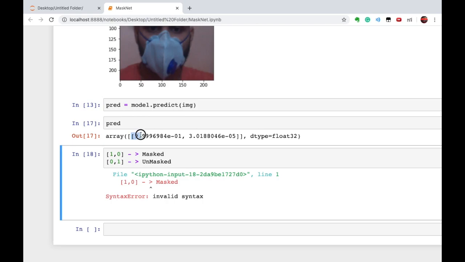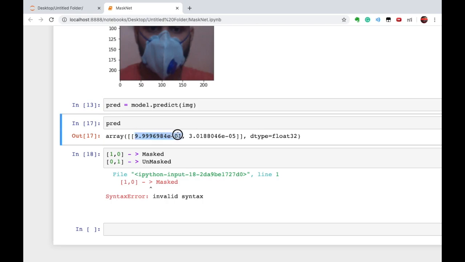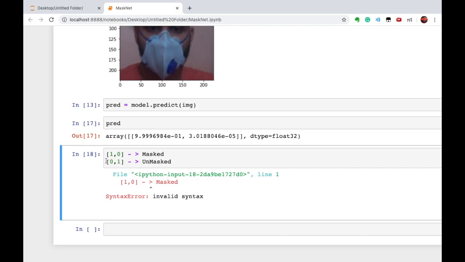So if you look at this value, 0.999 is very close to 1, and this one, 10 raised to the power minus 1, is very close to 0. So it lies in the range of 1 comma 0, so it's a masked image.